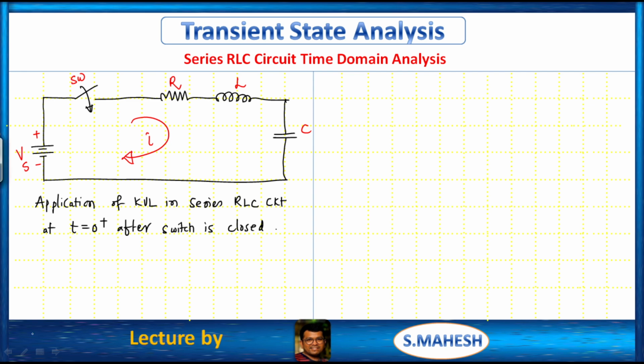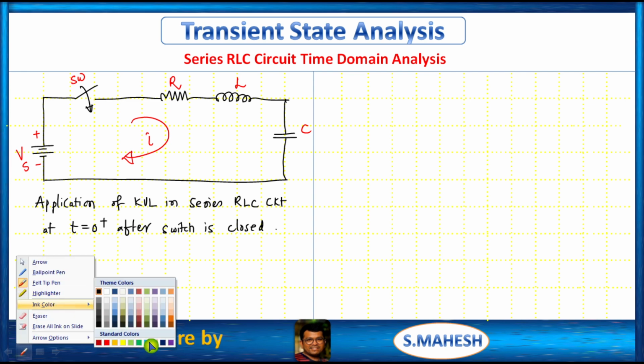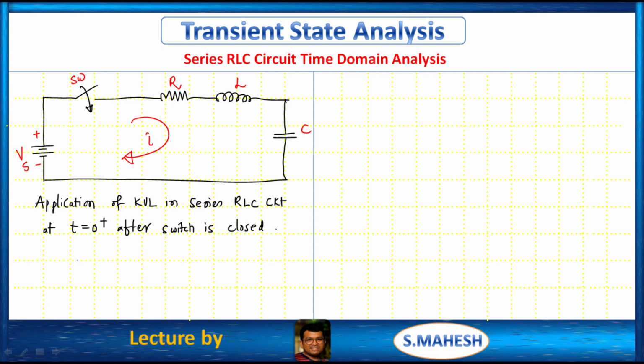What will happen when the switch is closed? There is a current. Because of the current we have a voltage drop in the resistor, like that in the inductor plus in the capacitor also, right? Integral of I dt, which is equals to what? Vs, right? So by differentiation we can get,